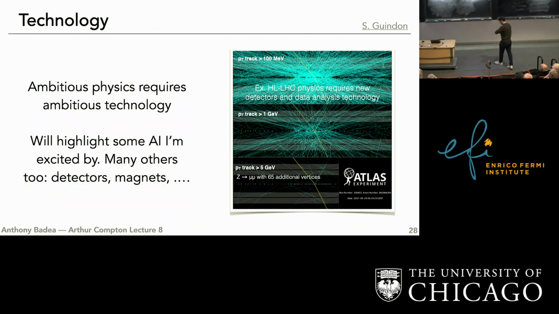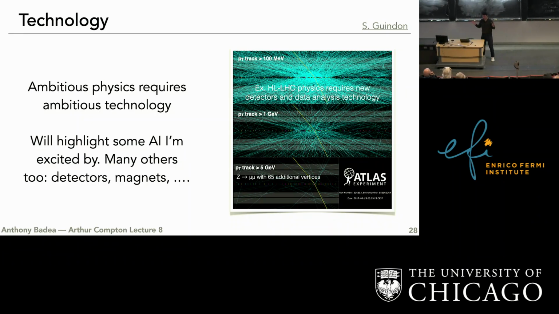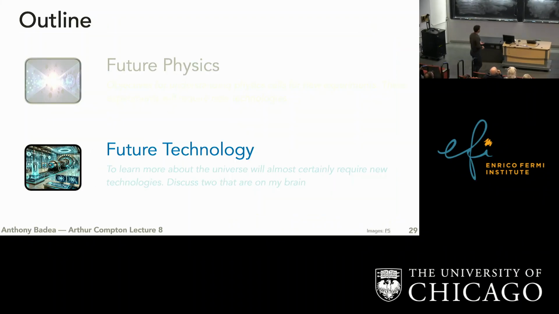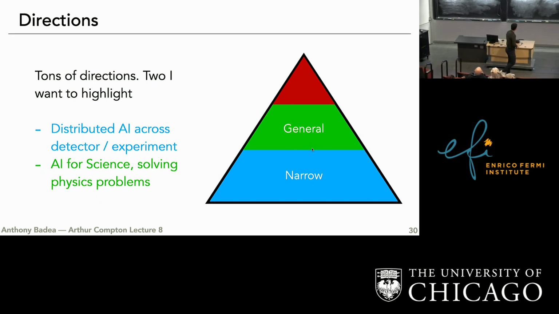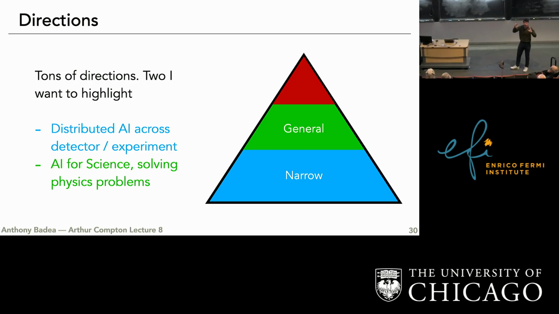But to connect to the next part, I know it's almost noon, but I wanted to go, if people will sit around for maybe 10 or 15 more minutes, to talk a little bit about the technology side. So clearly in all of this, these are very large-scale experiments, and you're going to need technology to do it. The two things I wanted to talk about just quickly were, on this pyramid, the things that I personally am thinking more and more about now, which is something called distributed AI, which is in this narrow category, and then AI for science, which is in this general category. And so I'll just do a quick check. Are people okay keeping it going for another 10, 15 minutes? Okay.